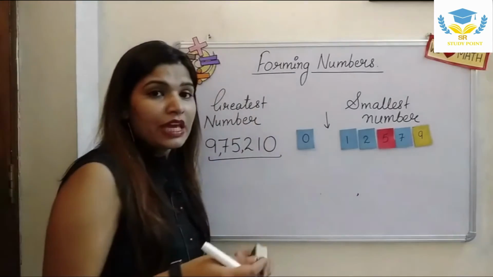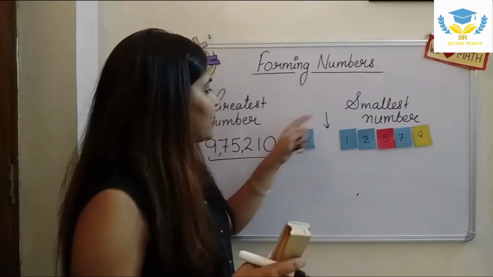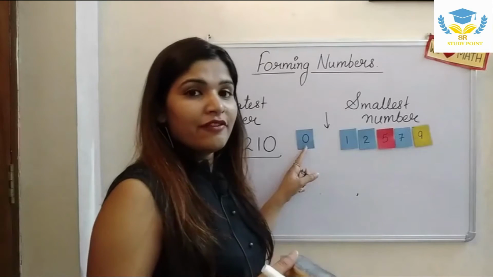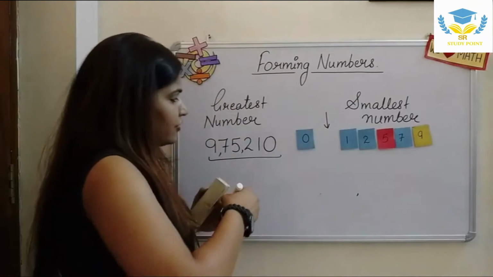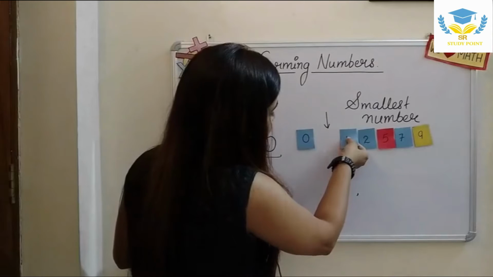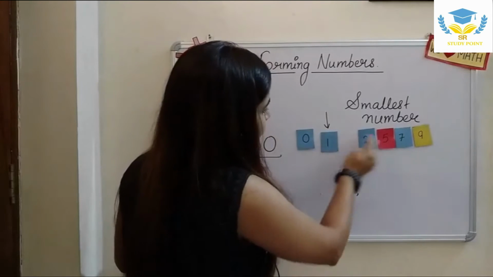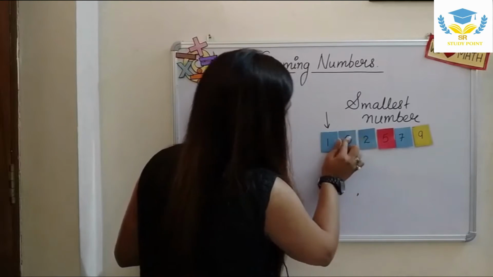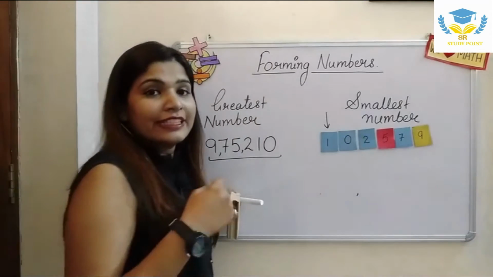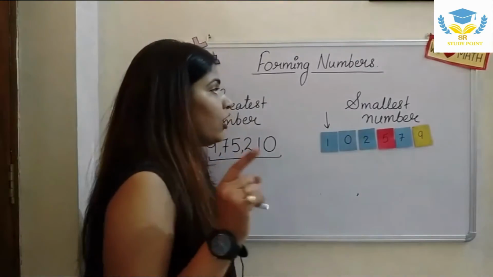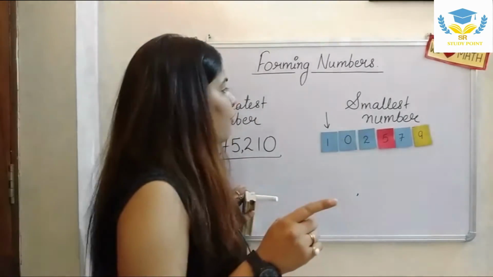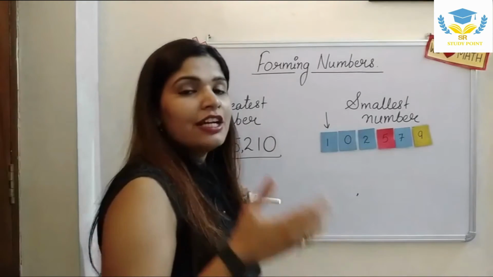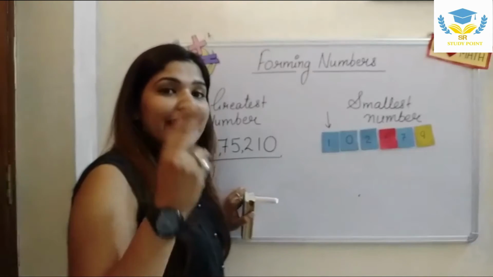But we are supposed to make the smallest number by using all these digits. So we have to use this 0 anyhow, anywhere. So what we can do, children, we can replace this place with the smallest natural number, and we need to put 0 at the second place, as we have to adjust this 0 anywhere. So always keep this in mind that whenever we are forming a smallest number using some digits and we have 0 in that, 0 will come at the second place always.